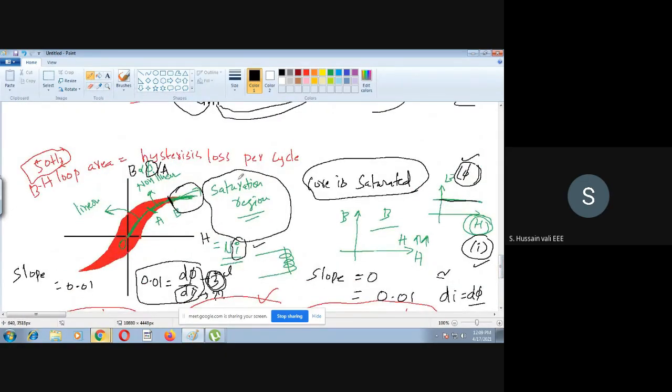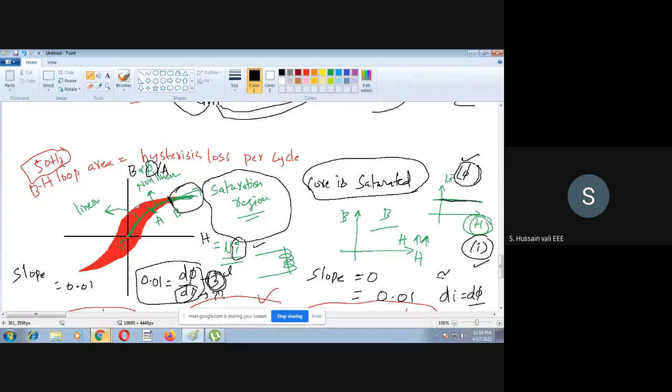So this is the second thing. One is that the magnetic core has a hysteresis loop, whereas the air core does not have any hysteresis loop. So there is no power loss in the air core, but there is a power loss in the magnetic core. And the second problem is that there is a saturation problem in the magnetic core, whereas there is no saturation problem in the air core. This is the explanation, and some more differences we will also see.